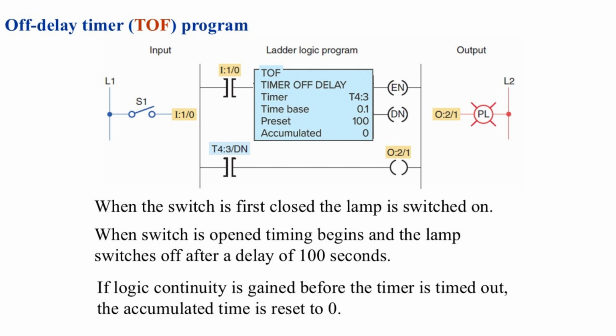That's why this type of timer is called an off-delay timer. It delays turning off the output. If the switch is closed again before the timer finishes counting, the timing stops immediately and the accumulated time resets to 0. In short, the TOF timer keeps the output on for a fixed period after the input turns off. This is useful for applications like keeping a fan running after a heater shuts down or maintaining lights on briefly